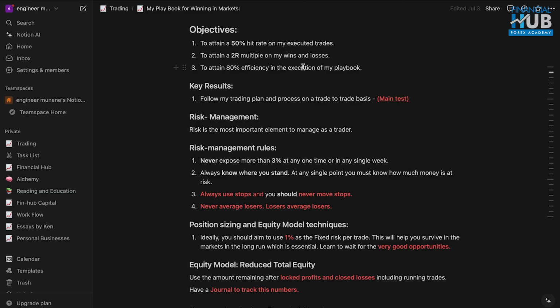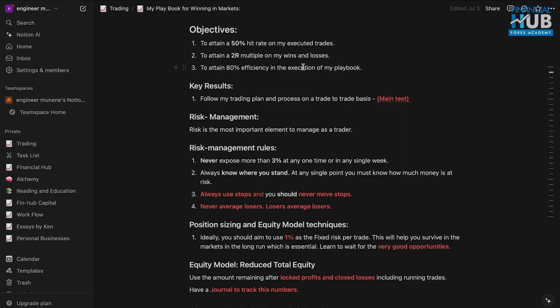So for me, I look at trading again not monetarily, but primarily in terms of what are the key performance indicators. And I have developed 3 performance indicators for me. The first one being, how good am I at picking winners and avoiding losers? Or rather, how good am I at knowing when to trade and when not to trade? Or rather, how good am I at knowing when I'm wrong and knowing when I'm right? So all that boils down to something called your hit rate, which is out of 10 trades, how many will make money, how many will lose money.